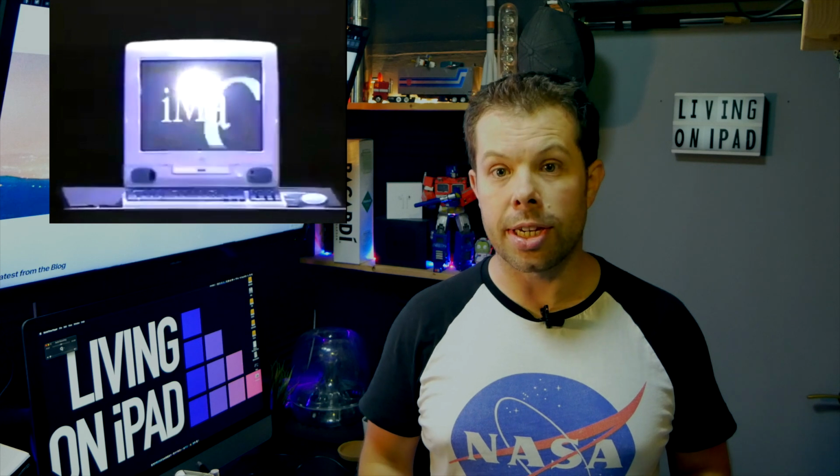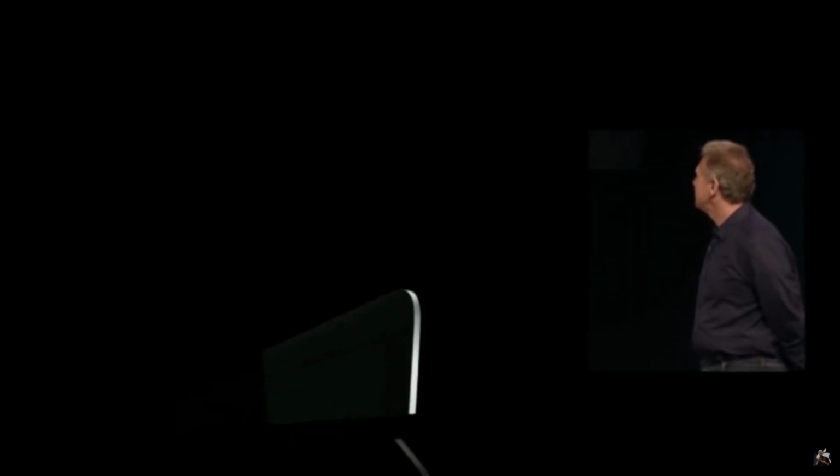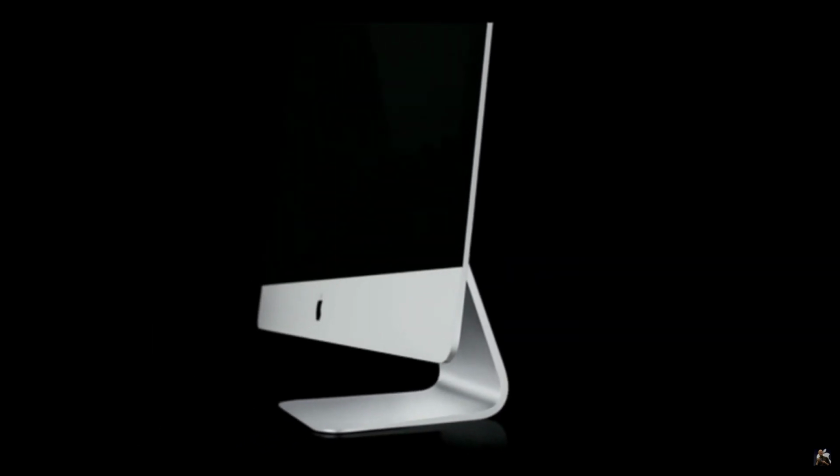The iMac was one of the first products that Steve Jobs introduced when he returned to Apple, and it was released in 1998. That Bondo Blue iMac was one of the biggest factors in turning around Apple to keep it afloat. The current iMac design was revealed in 2012 and it's stayed pretty much the same ever since. Rumours now suggest that we are likely to see a 24-inch refresh to the iMac using Apple Silicon in the